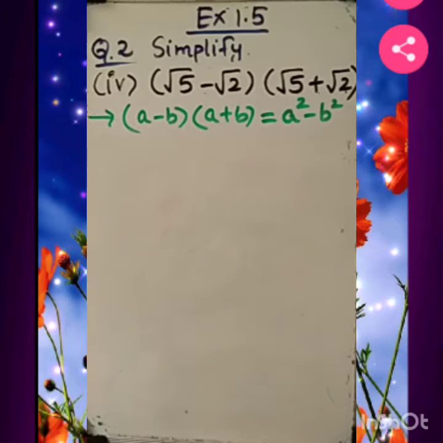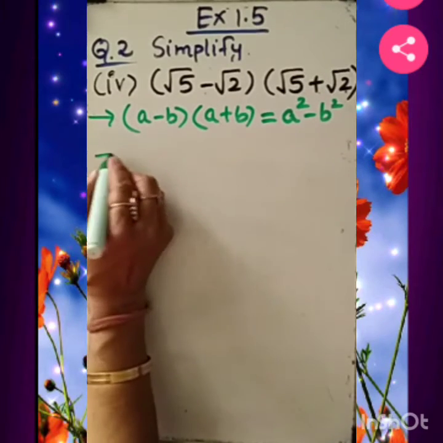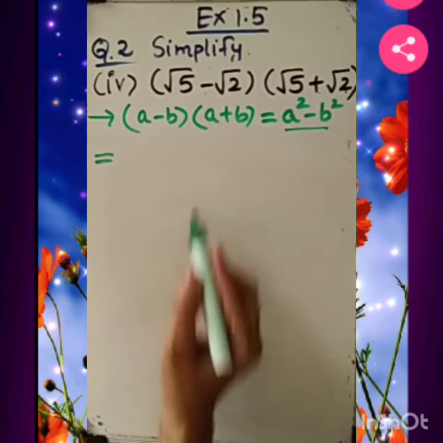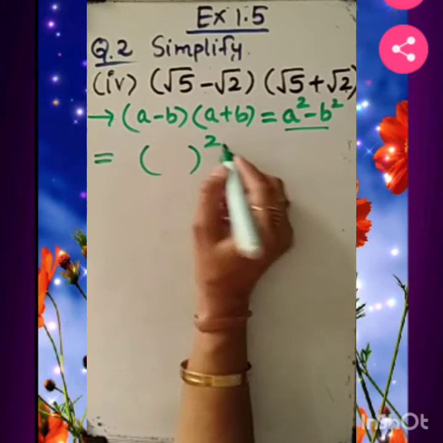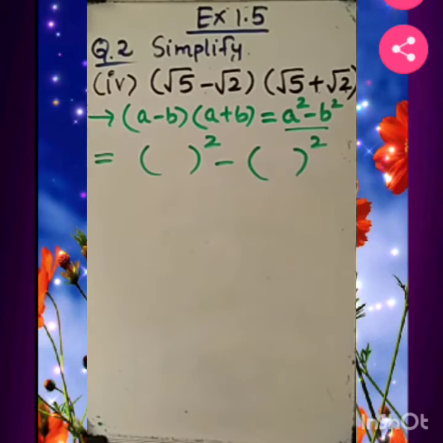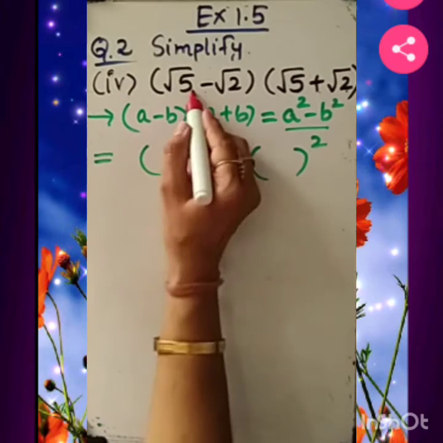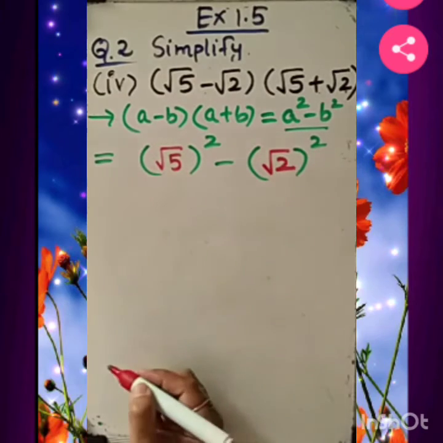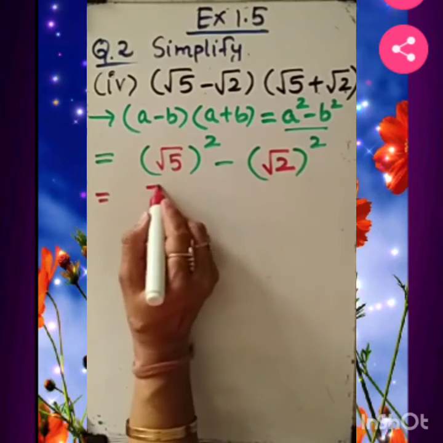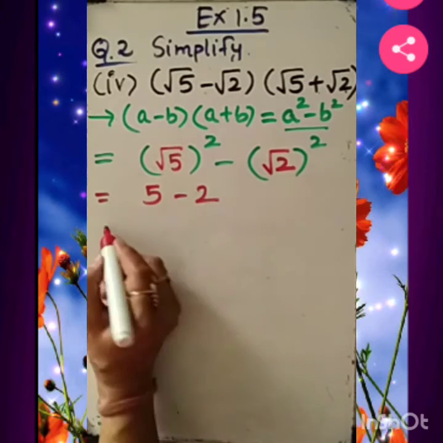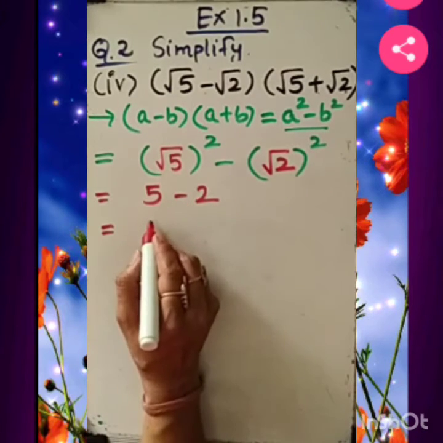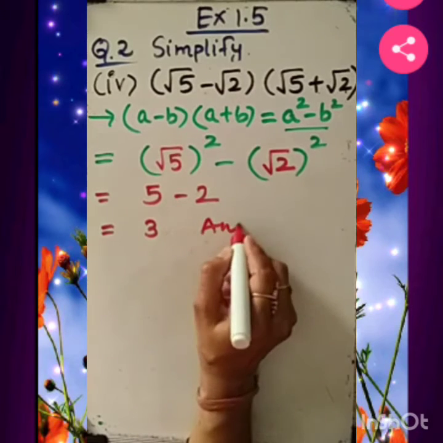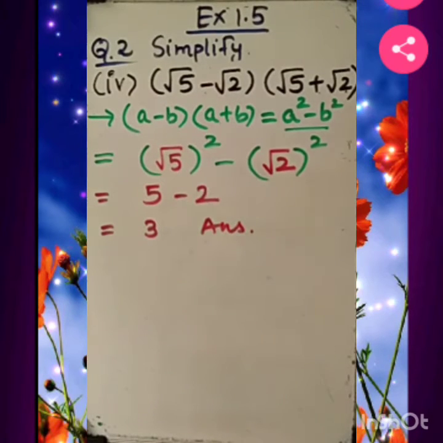Okay, so let's work out upon that. If I ask you to apply this same thing for these two numbers, the square of this number and the square of another number, a square minus b square. As we know, the value of a is root 5 here, and of course the value of b is root 2. We know that root 5 square is 5, root 2 square is 2, and of course 5 minus 2 is 3. So this is the solution. I hope it's clear very nicely. All these sums are very easy. Okay.